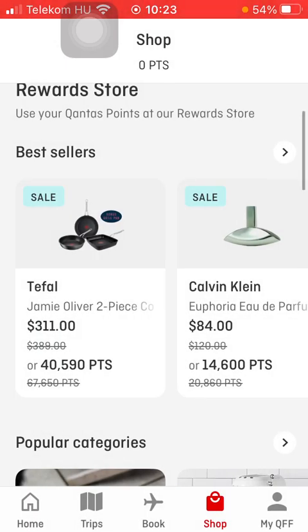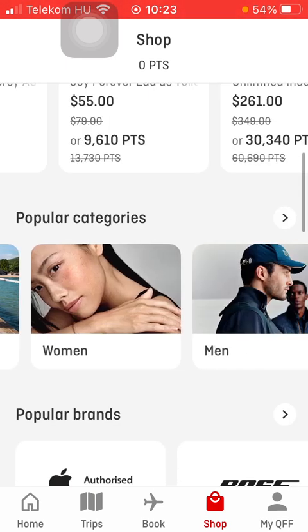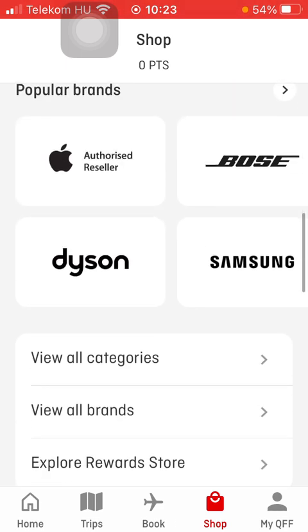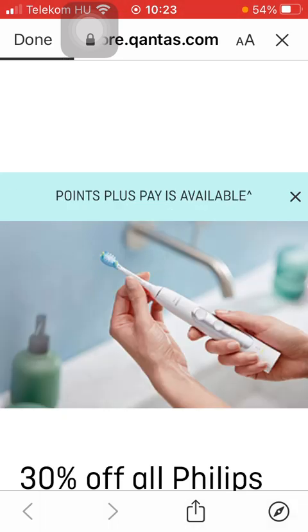So you have the best sellers section. If you are interested in the items in more detail, tap on this arrow in the right side. As you scroll down you can select from categories, and here you can see the popular brands. So tap on one of these categories and then you will be directed to store.qantas.com, where you can browse among